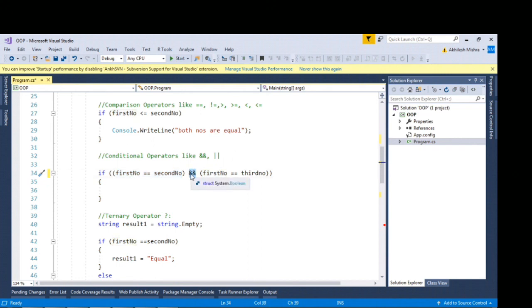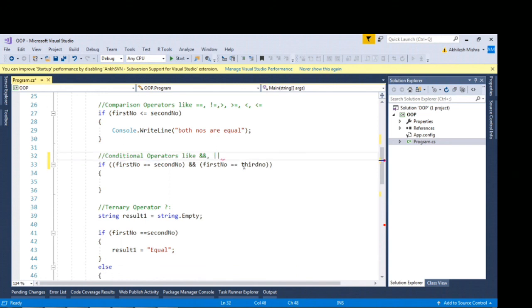So ampersand ensures that I'm trying to compare two comparison operators and both have to return true. So this block should return true and this block as well should return true. Then only my code will come under this block. So this is your conditional operator.